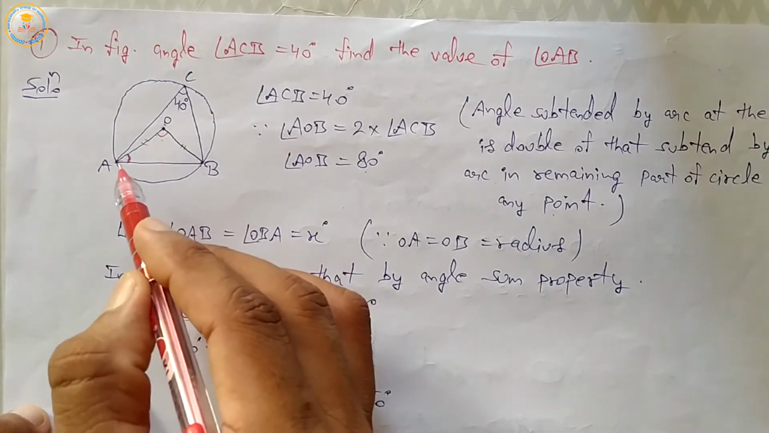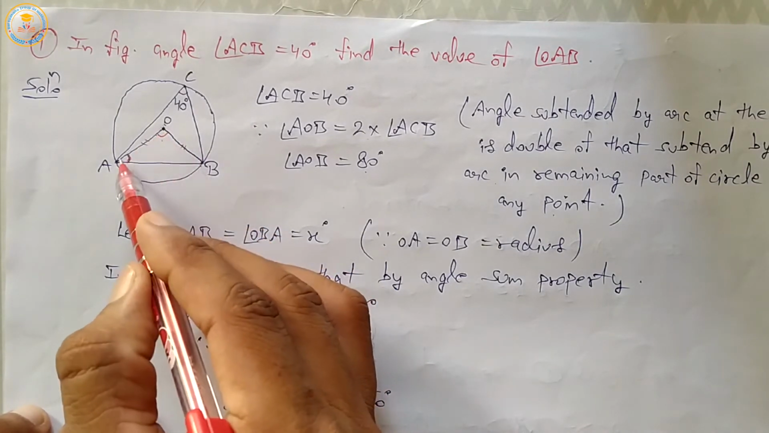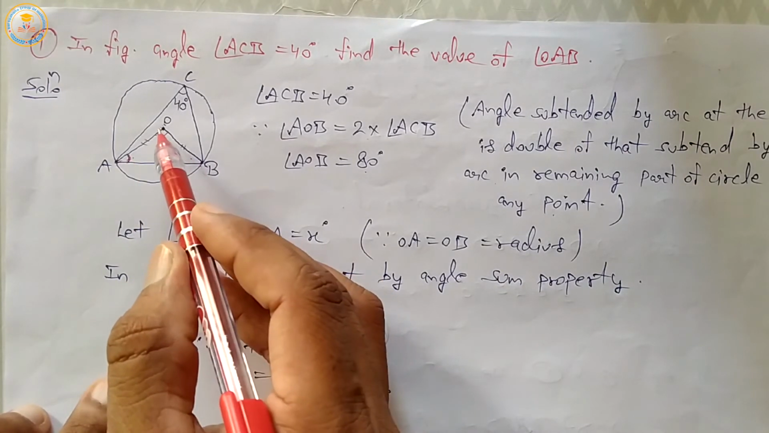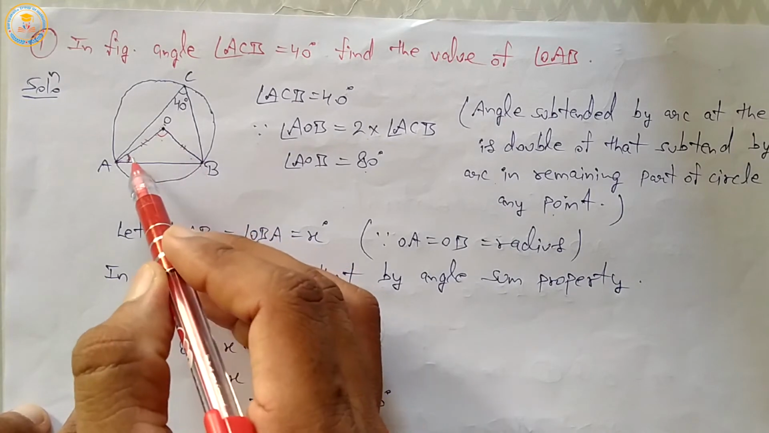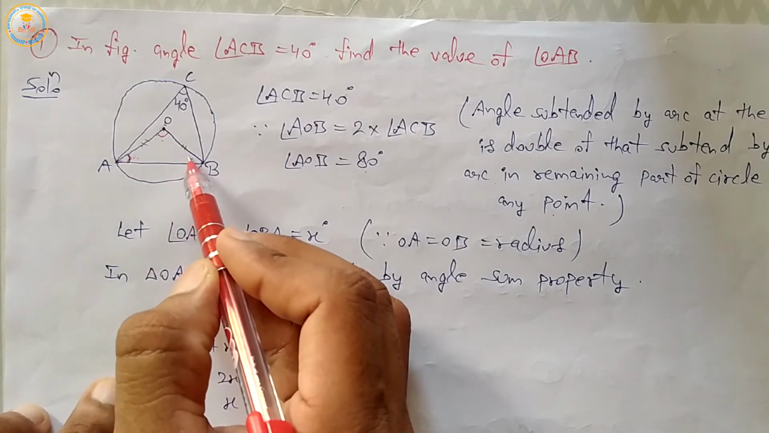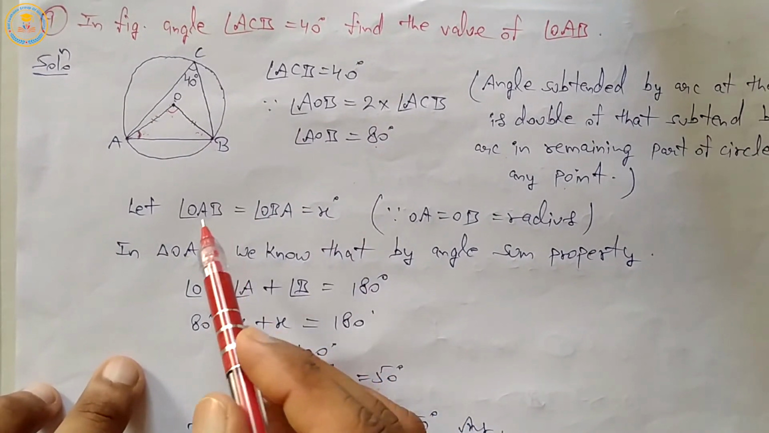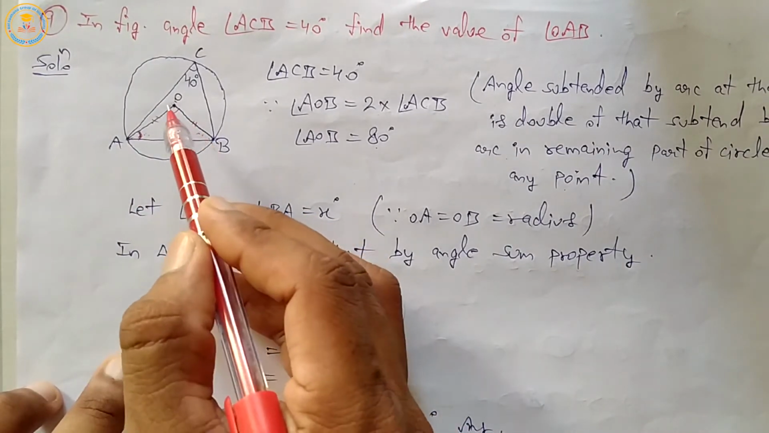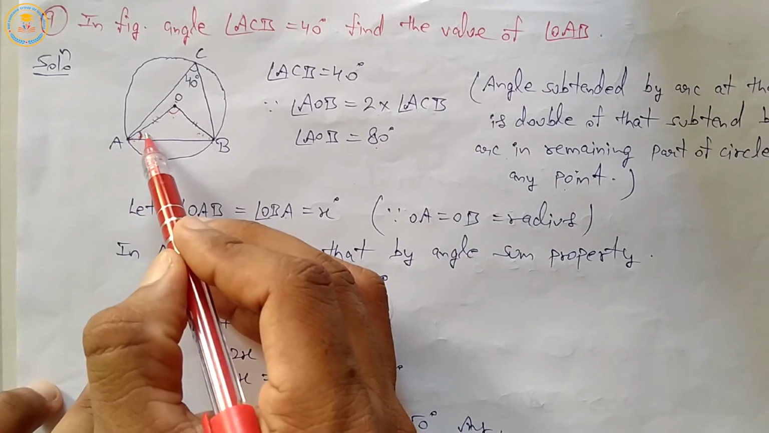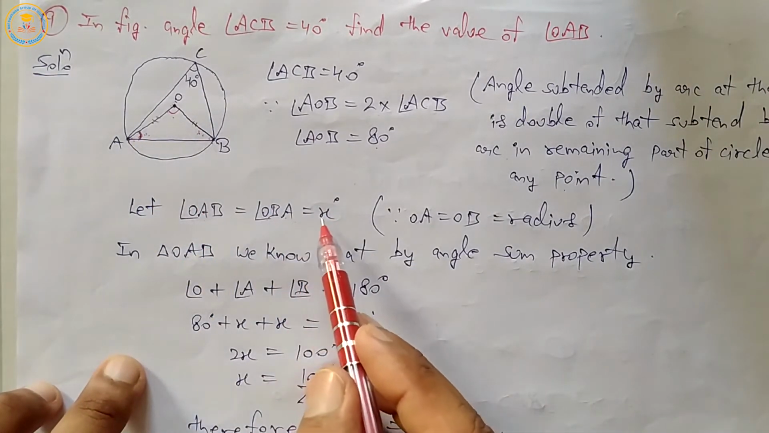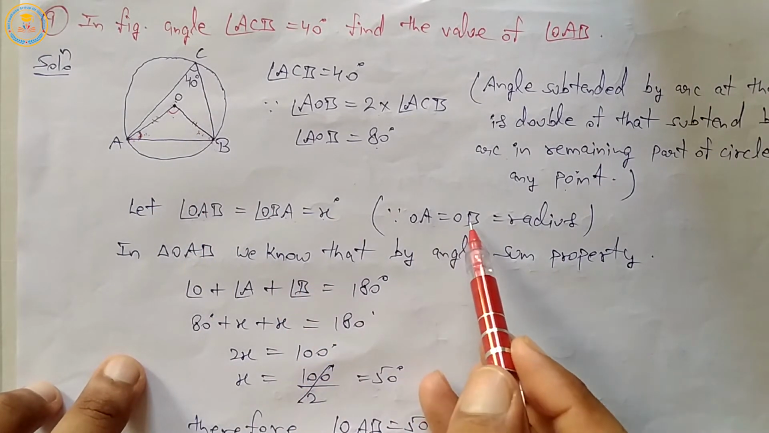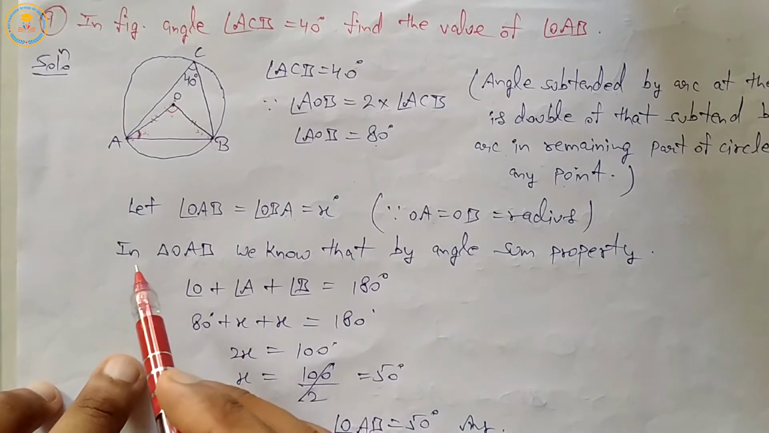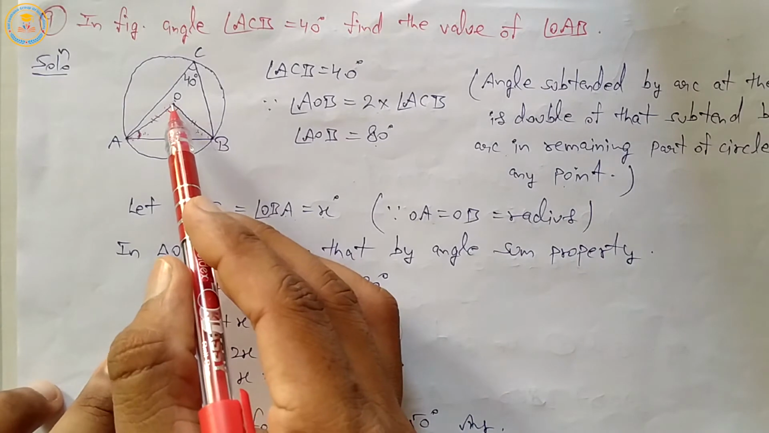This one is 80. So we let OAB be x, and this one is also x because corresponding sides are equal, so their corresponding angles are also equal. Therefore OAB equals OBA, both x. Let OB equal OA, radius. Therefore in triangle OAB,